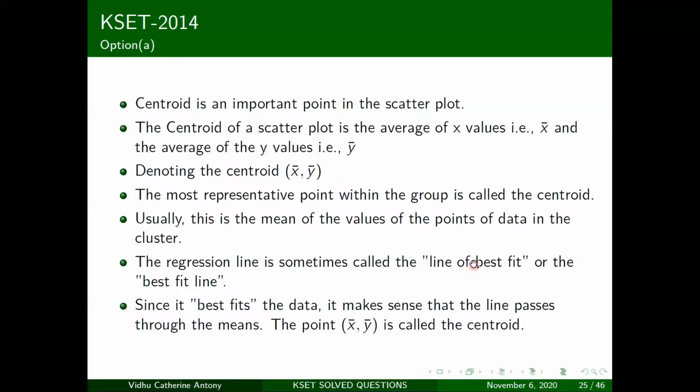So you should probably try this out with your experimental data. Once you start doing your experiments, they might ask you to plot the line of best fit on your graph itself. After you do your linear regression procedure, you should take the average of the x and y values you got from the experiment and try plotting it. You'll realize that the point called the centroid, which you've just plotted, lies on that best fit line.